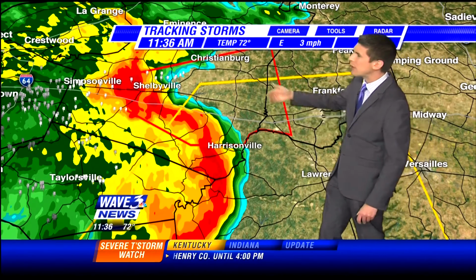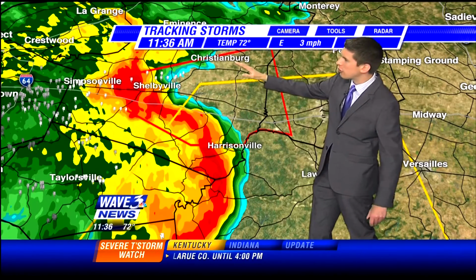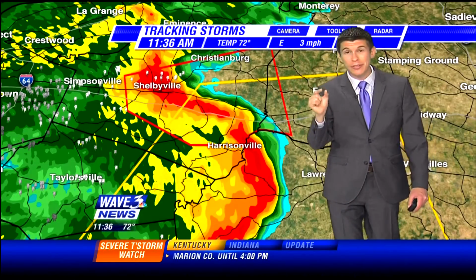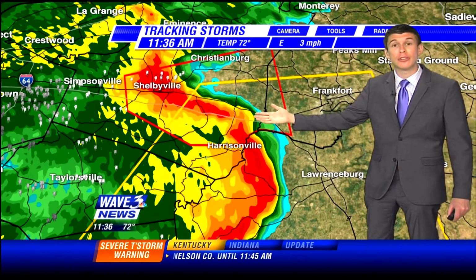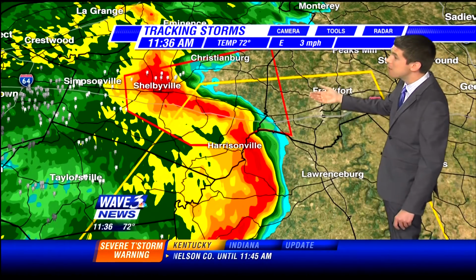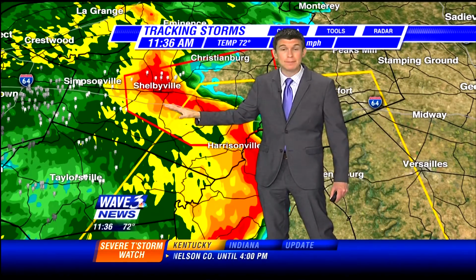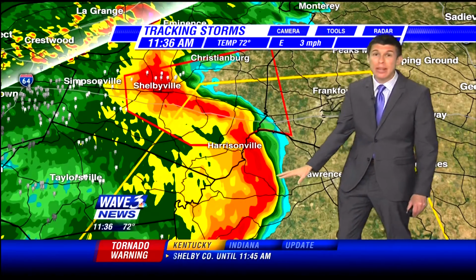straight line wind damage. We still have the tornado warning in effect for areas near Shelbyville, Christiansburg, over toward eastern portions of Shelby County as well. The very western sliver of Franklin County, this does not include Frankfort, is also under this tornado warning. This extends for the next few minutes here, and you'll notice how we do have the rotation on the northern side of this line of storms and the straight line wind damage threat kind of in the middle of these